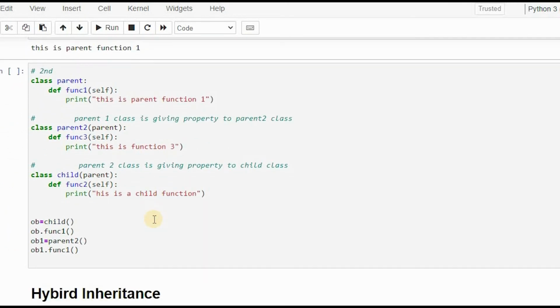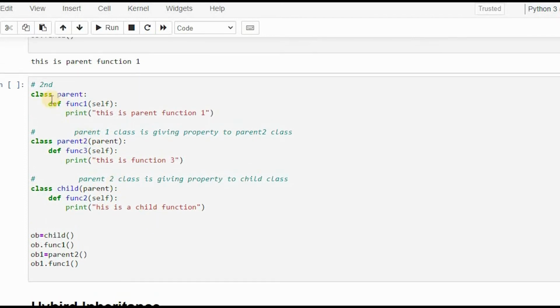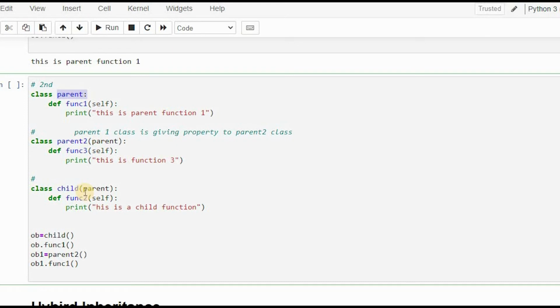Second part of the same hierarchical inheritance. Here is the parent class with def function 1 with self, which prints this is parent function 1. Then the parent 1 class is giving property to the parent 2 class. Here you see this parent class is assigned. After that, def func3 with self prints this is function 3. If you see here, class child with parent means the parent's property is also assigned here in